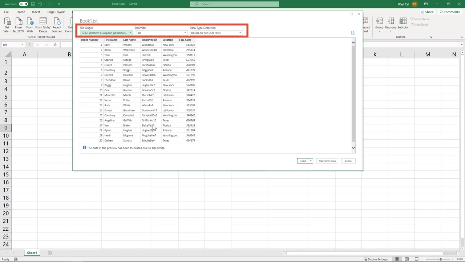You can click to select the file origin, delimiter and data type detection options from the respective drop-down lists. Any changes made in these drop-down lists will be previewed in the data list. To create a new worksheet in the workbook and load the data as a table on that sheet, you will